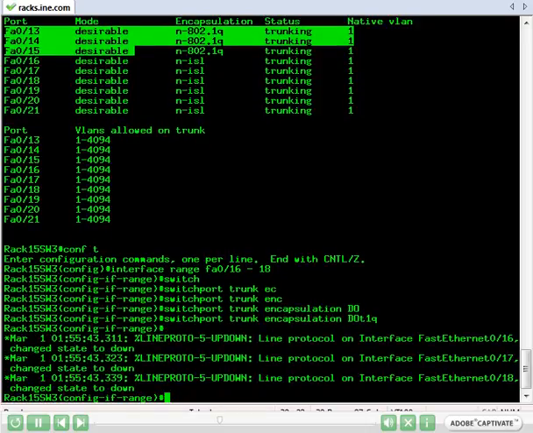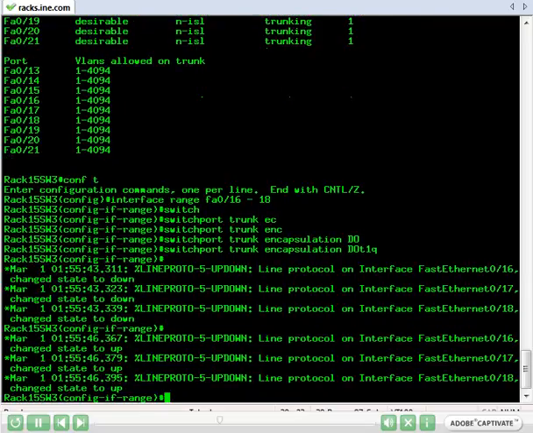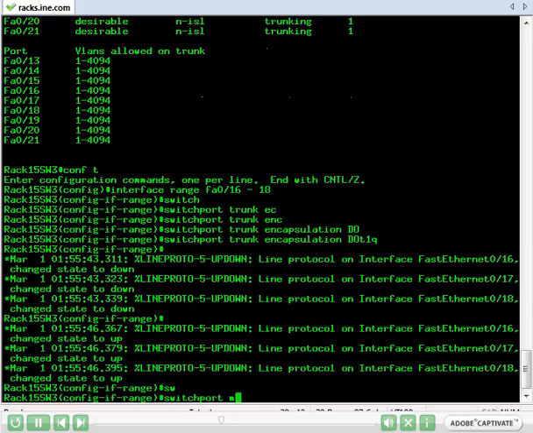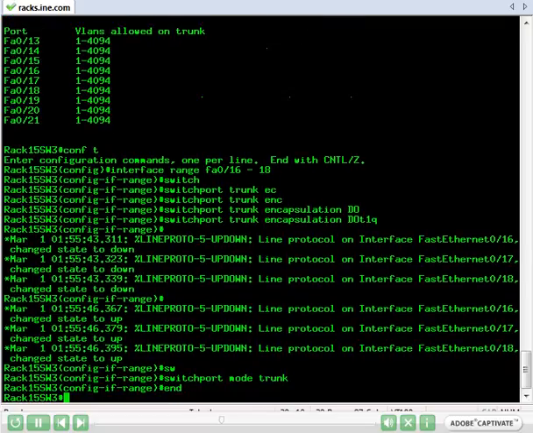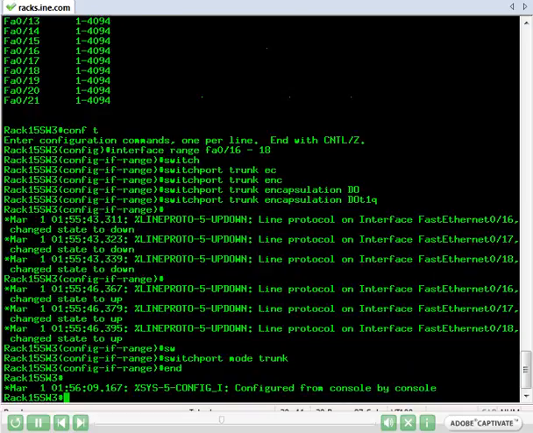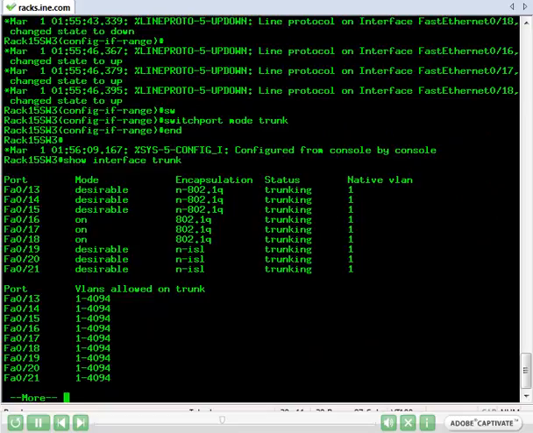And then we're going to go one step further. Notice they're going to toggle from the down state to the up state. By the way, in actual practice, you'd want to shut things down here, but we're just being kind of lazy and quick in this demonstration. So we see now we're no longer negotiating the encapsulation on both sides. Great. And now I'm going to say switch port mode trunk. Now, if we confirm this with our show interface trunk command, we see that, yeah, we are now hard-coded up,